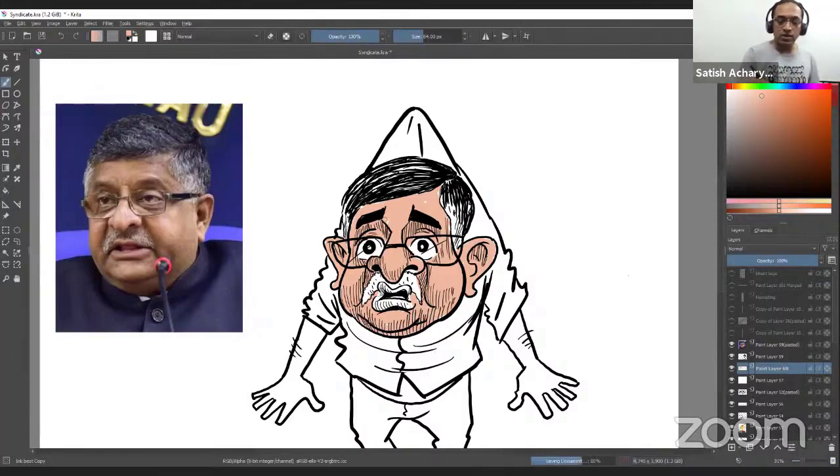Then I'll start working on it with different shades of the same color. I've taken skin shade here.